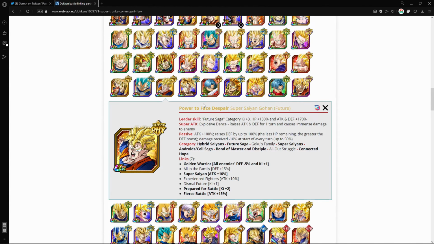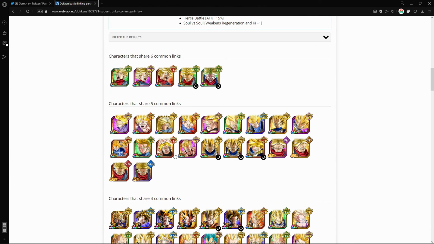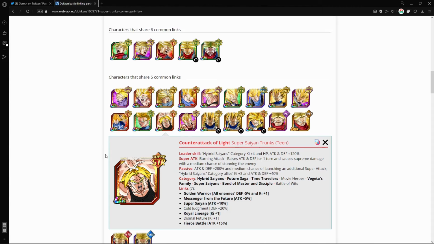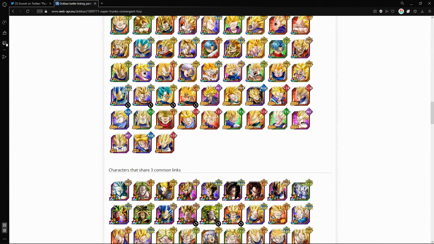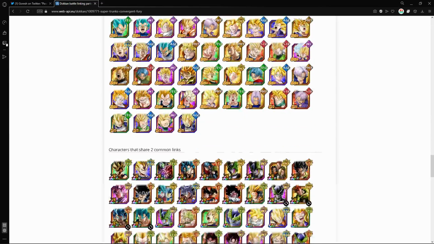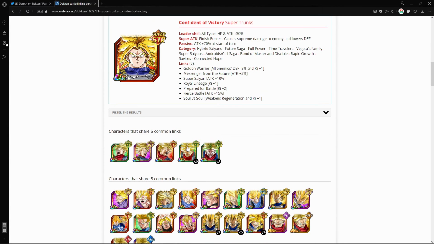The future Gohan is not a bad idea. Like I said, especially because we're considering the fact that you're putting the new Trunks on this team as well. So remember, he's supporting Hybrid Saiyans. So really, if you really want to get down to it, you could just make a full Hybrid Saiyan team. Any Hybrid Saiyan that you see on this list, Link Buddy or not, will function well due to the support that's being received here. Now, I believe we can double check, but I believe this guy has the same exact